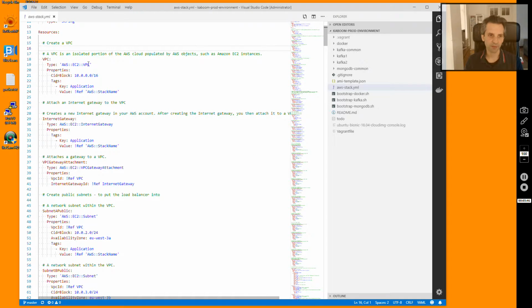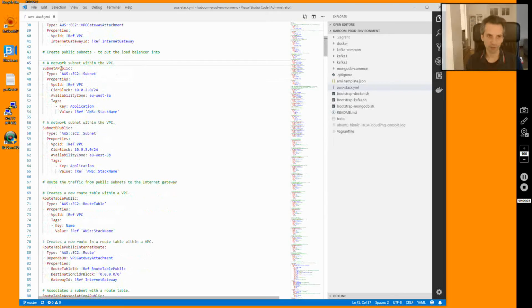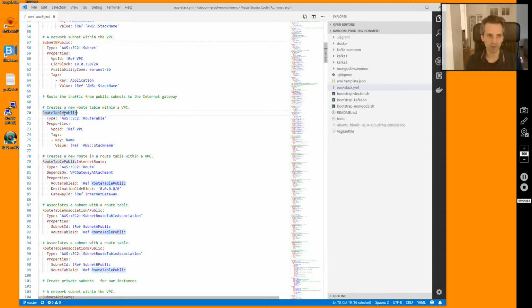We have here the virtual private cloud setup with the subnet, and I also have here the internet gateway, to be able to accept traffic from the outside world. And here I linked my internet gateway to the virtual private cloud. And then I create two public subnets. Those public subnets will be used to hold the load balancer, and I create the route table for those subnets to route all the external traffic coming from the internet gateway